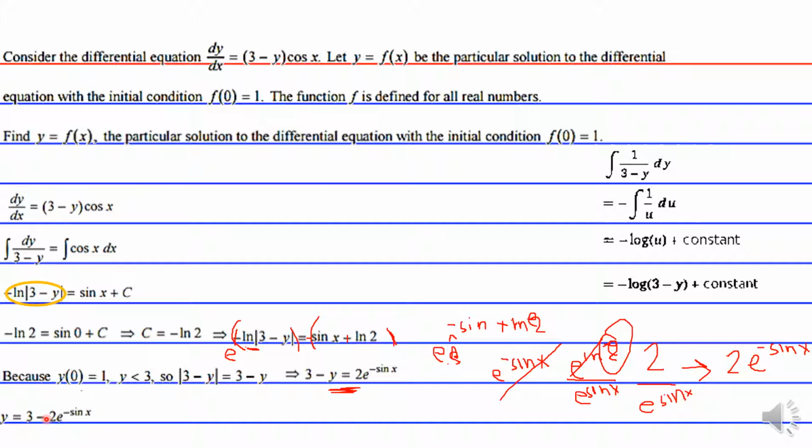Now, if we isolate y on the left-hand side, this becomes y is equivalent to 3 minus 2e to the negative sine x, okay? And that's our solution. And the solution is valid, again, for all real numbers. So our domain is all